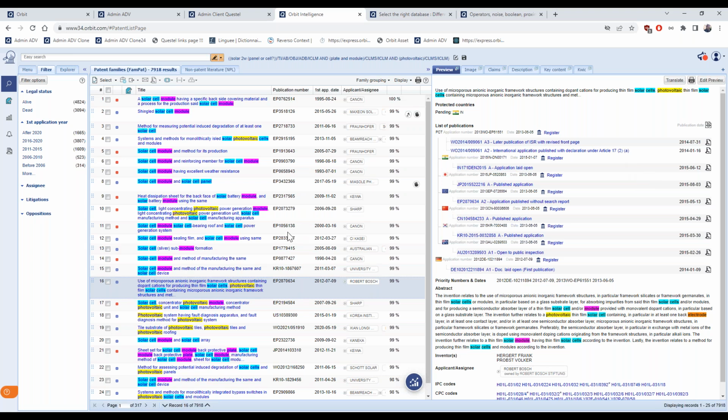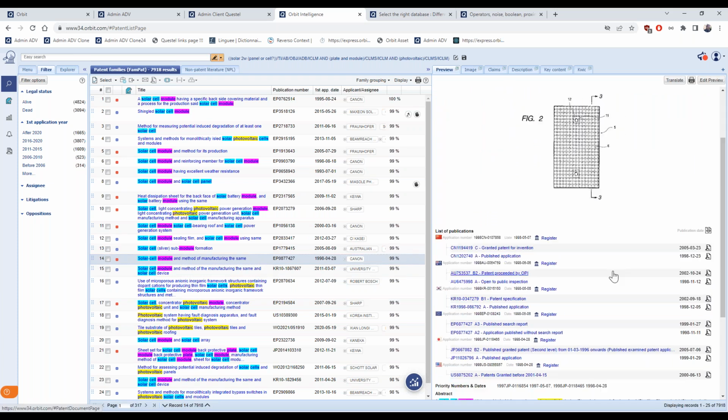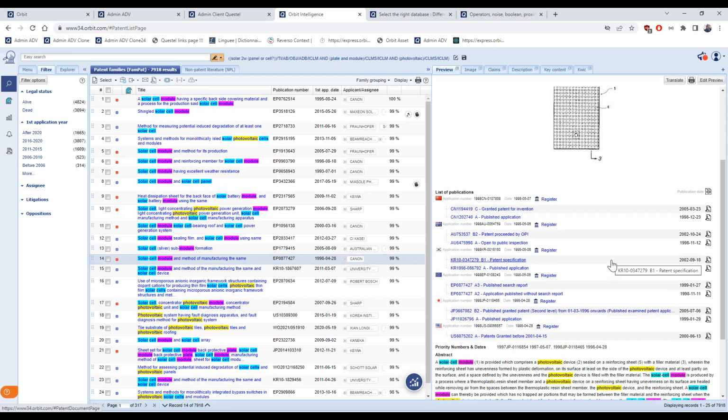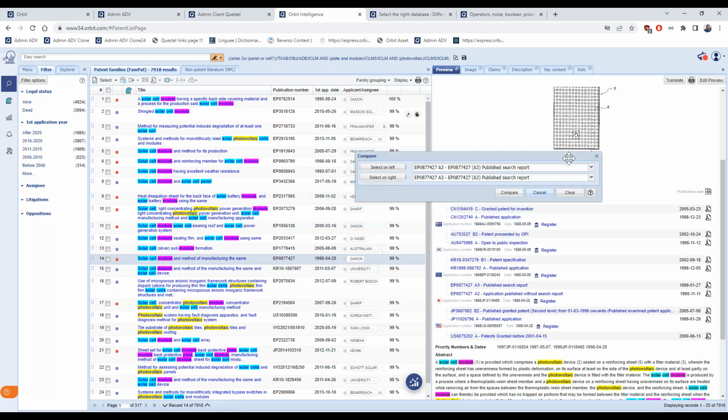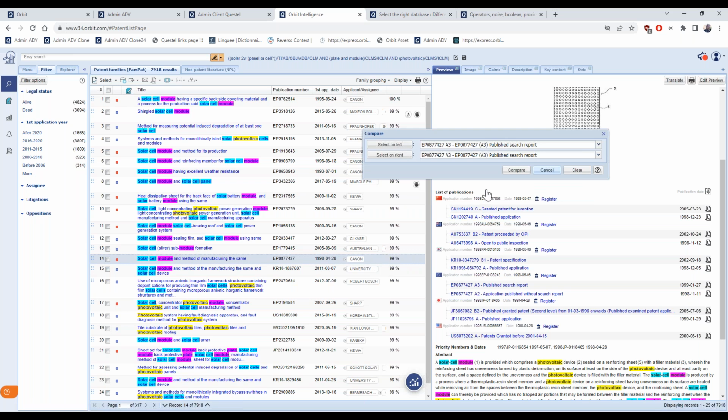I'm now going to the preview tab because I try to find an example like this one, where you can compare texts. So you have this icon here close to the publication date. This is a comparing function where you can select from the list of members of its family the two that you would like to compare.